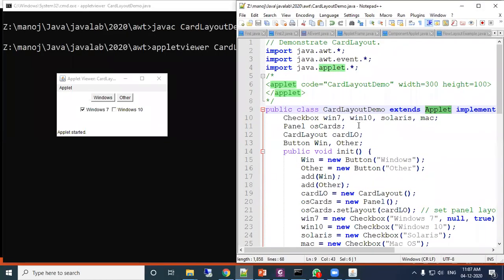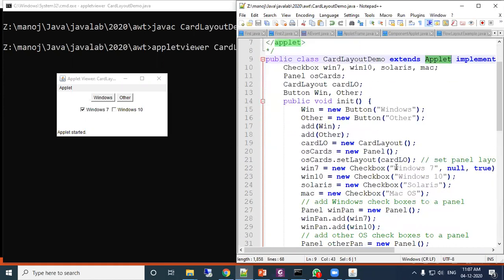So four checkboxes: Windows 7, Win10, Solaris, Mac. For Windows, this is the Windows 7 text, then Windows 10, and the others, Solaris and Mac, are not showing here.